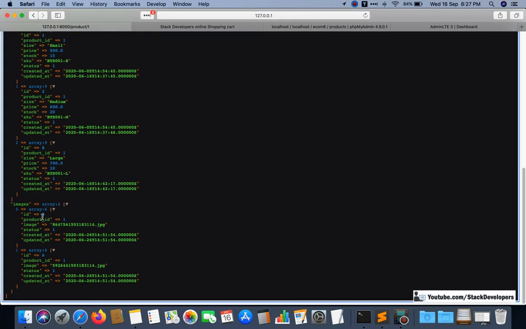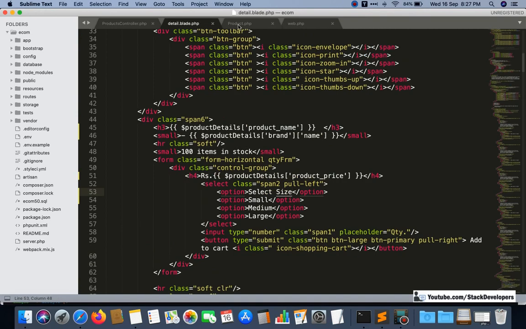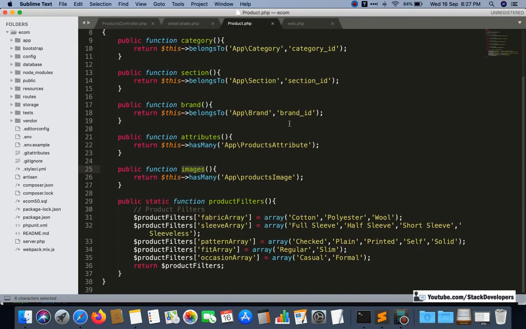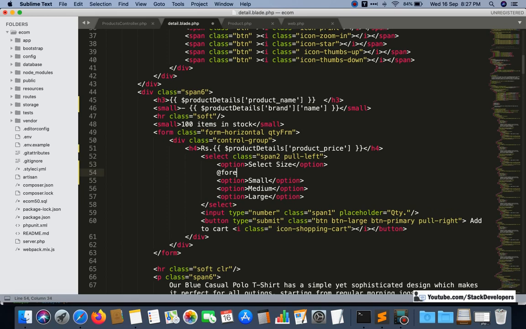See, here, for these attributes we can use the foreach loop, as dollar attribute.